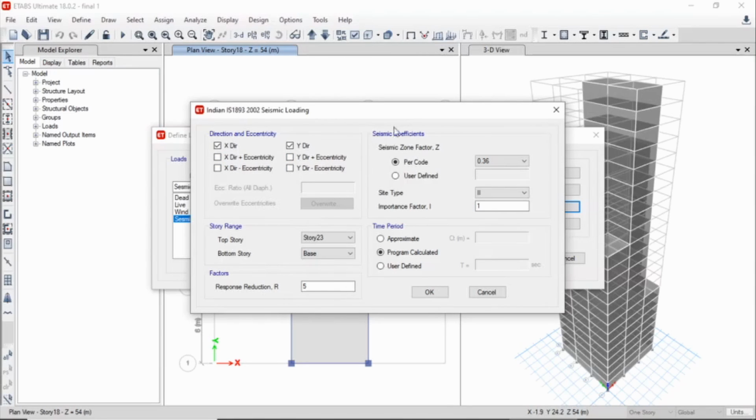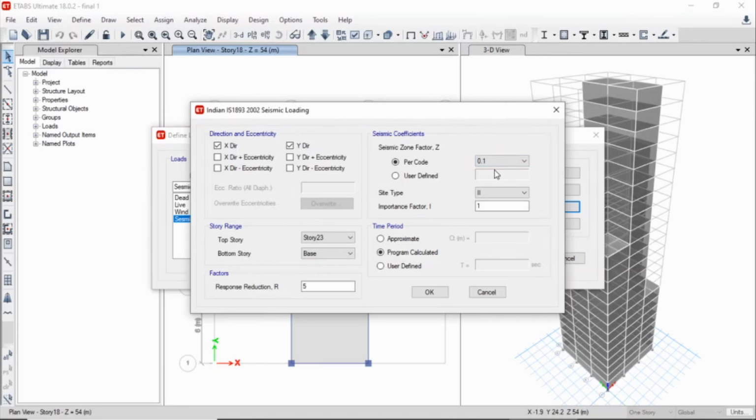Okay, now for seismic coefficient, we will be referring the IS 1893 2002. So please open the IS 1893 2002. In the fifth page, you will find the seismic zone map. We will design a building in location of Bangalore. We will go for zone 2. Now if we go to table 2, we will find the seismic zone factor for different zones. So for zone 2, the value is 0.1. So we will be adding here 0.1.